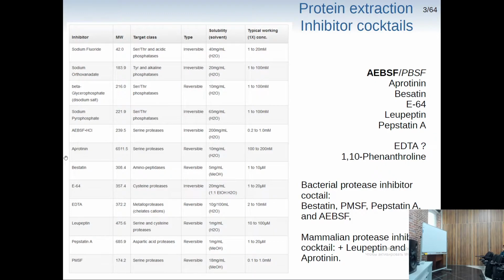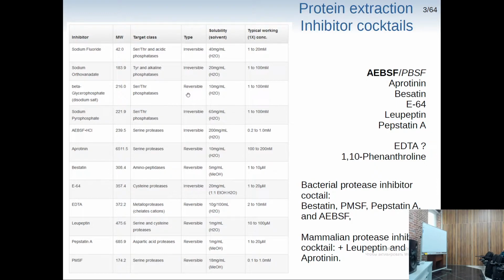Protein is actually a peptide, which can block some of these proteases. What I want to stress here is that some of them are irreversible, so they just bind to the protease and stay there. Some of them are unfortunately reversible, and if you continue to work with your proteins and somehow dilute your sample, hence dilute this inhibitor, then proteases can start working right in your solution unless you denature your proteins. So pay attention to those reversible